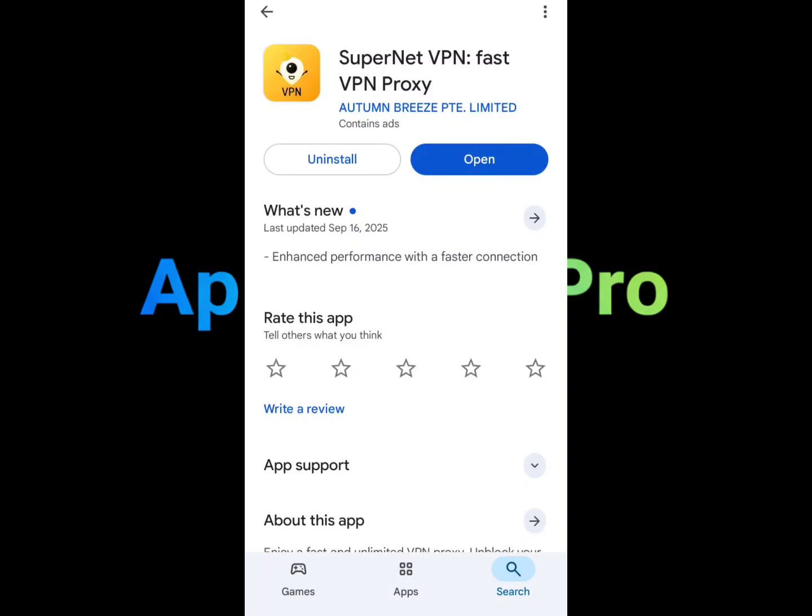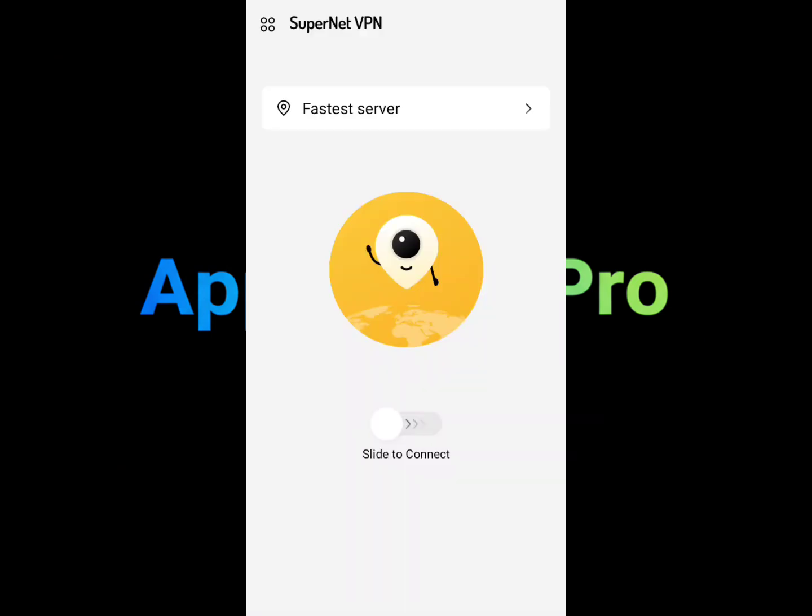In this video, I'll show you how to use this simple VPN application like a pro. Stay tuned. This is the home screen of the application, and at the top here, just go ahead and